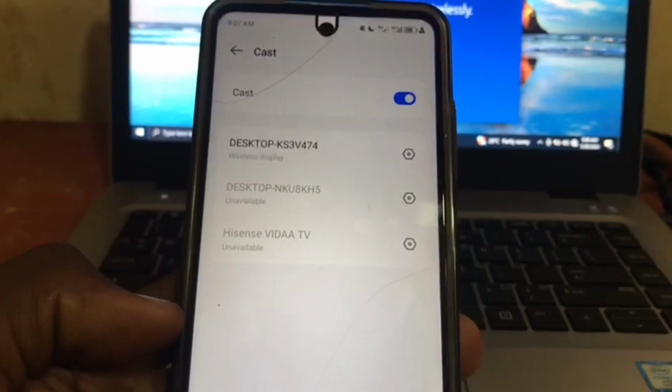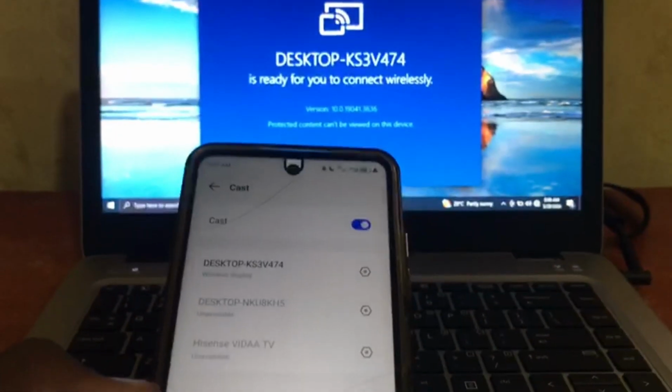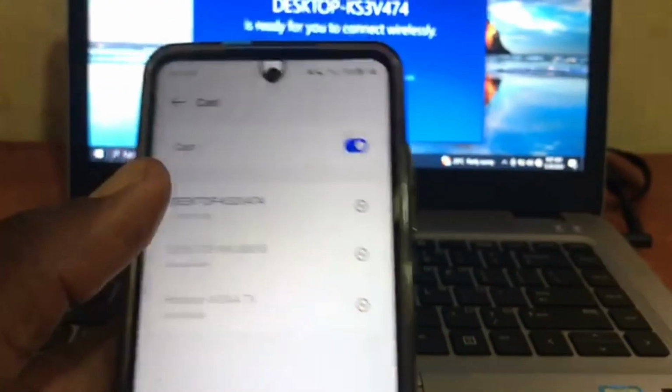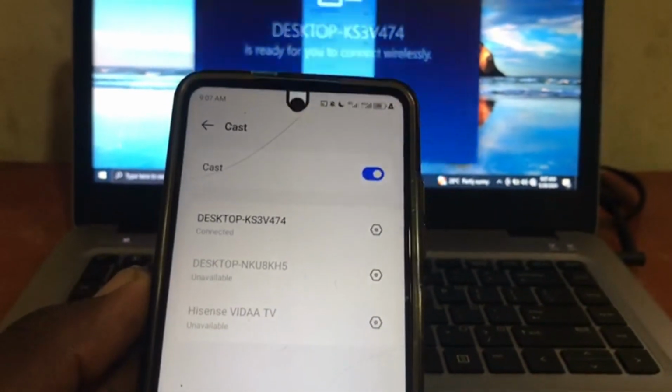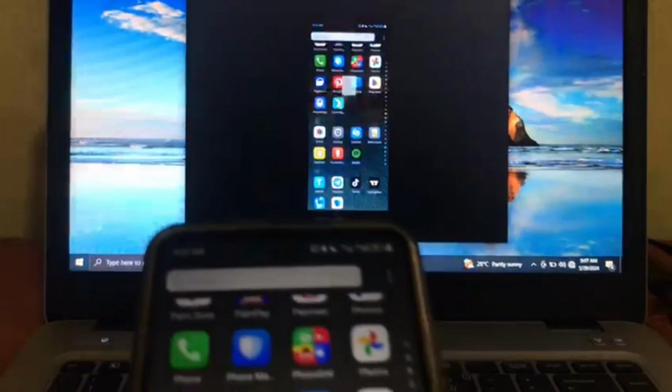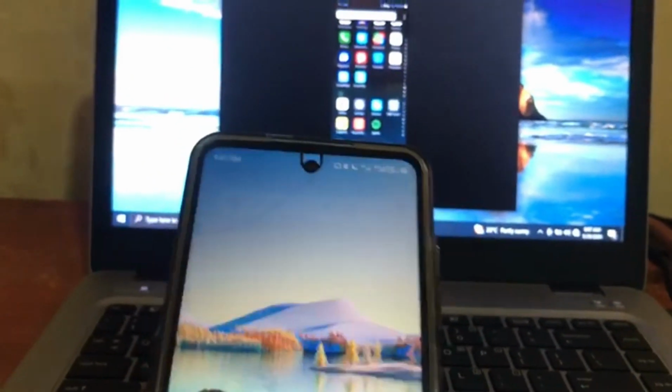So you wait for it to show the name of your desktop. As you can see now, it is showing the name of my desktop here. So I'll just click on it and it's going to connect. As you can see now, the display of my phone is showing on my PC. So this is just how you can easily